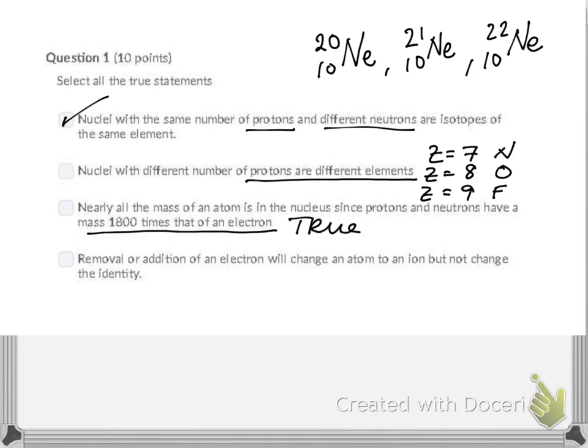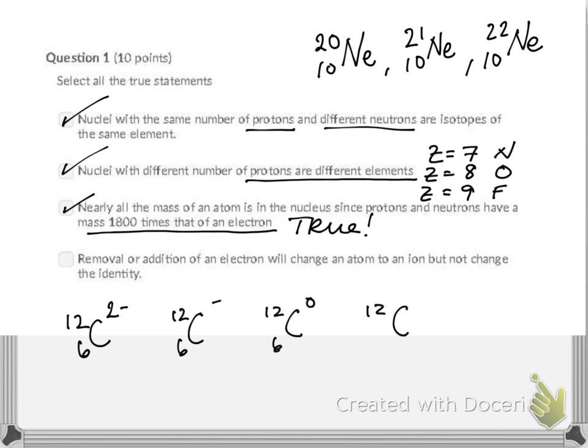All the mass is inside the nucleus. That's true. Protons and neutrons are very massive compared to electrons. And removal of an electron will change an atom to an ion, but will not change its identity. That's true. So if we write all of these different